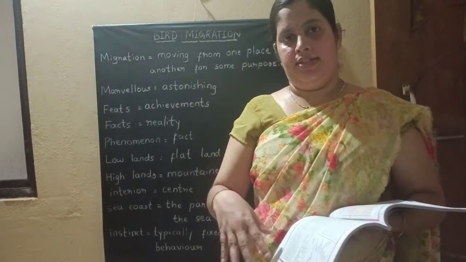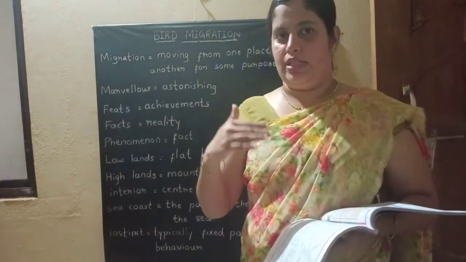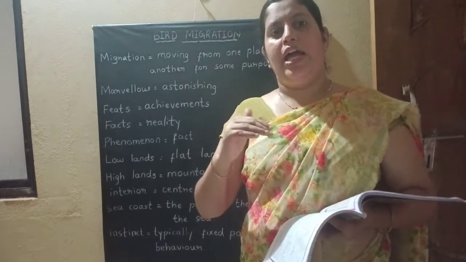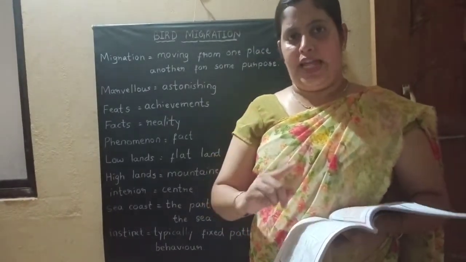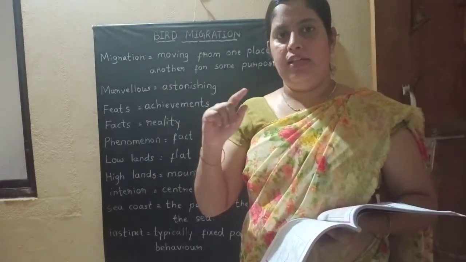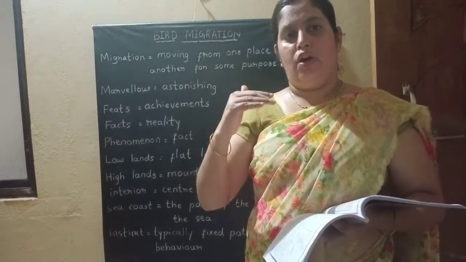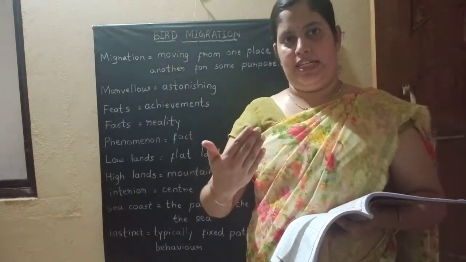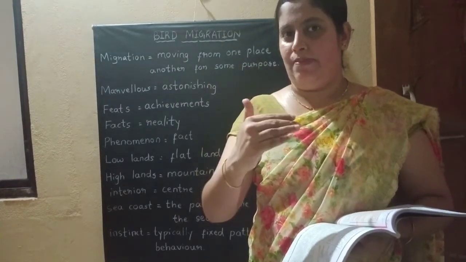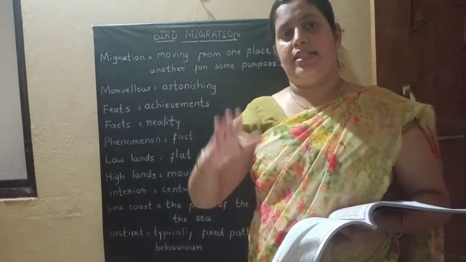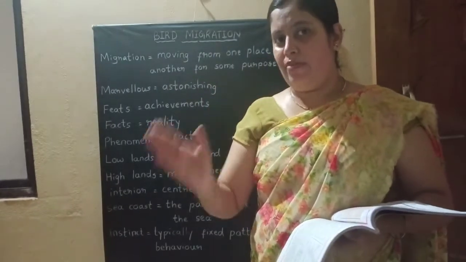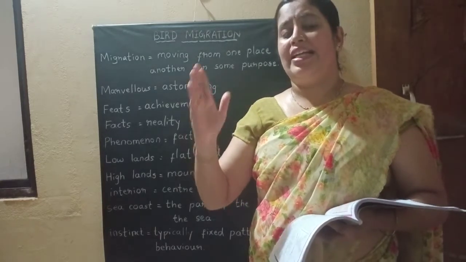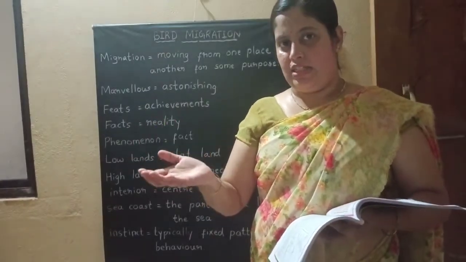Children, our earth is divided into two hemispheres, northern hemisphere and southern hemisphere. You all know that the earth revolves around the sun. When the northern hemisphere is towards the sun, it gets the direct rays of the sun. Then there will be summer. The other part, the southern hemisphere, which is away from the sun, gets slanting rays of the sun. Because of that, there will be winter season.